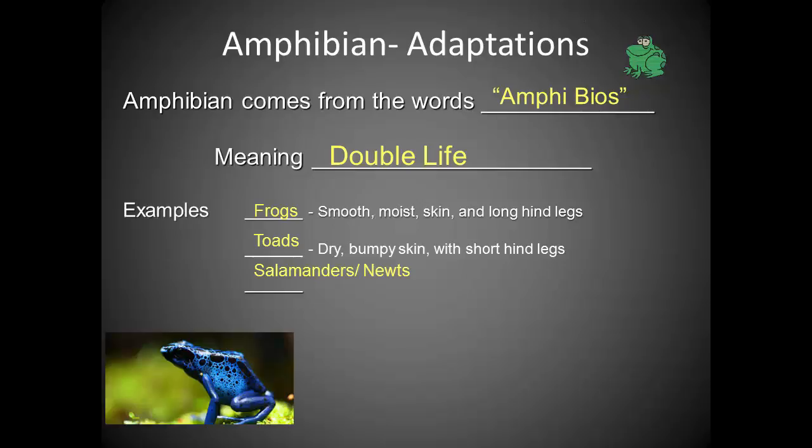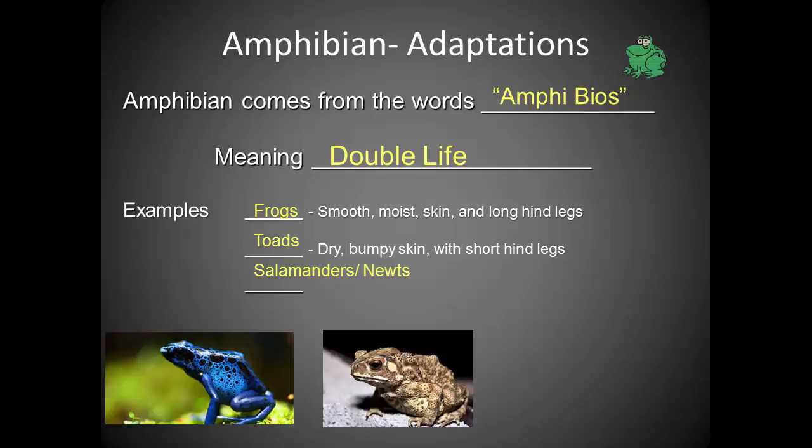What's that? A poison dart frog. Some amphibians have poison that they secrete to help protect them from predators. But they're also brightly colored to advertise: hey, don't eat me, I'm poisonous, I don't taste very good. It's not helpful for a frog to be poisonous if it gets eaten and then the thing that ate it dies, because you're dead. It's more helpful if you can advertise the fact that you're poisonous so things avoid eating you in the first place. A toad,